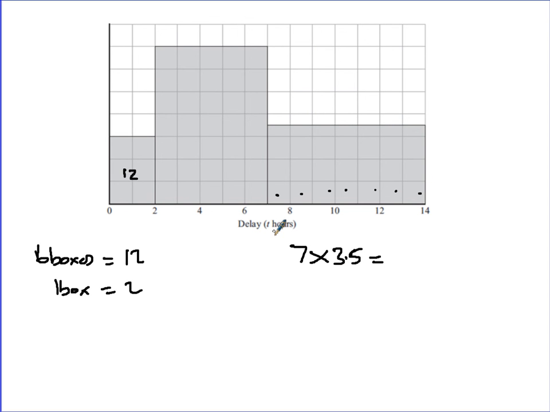So your 7 times your 3.5 tells you that you've got 24.5 boxes there. It's looking for more than 7 hours. So if we times 24.5 by 2, because each box is worth 2,